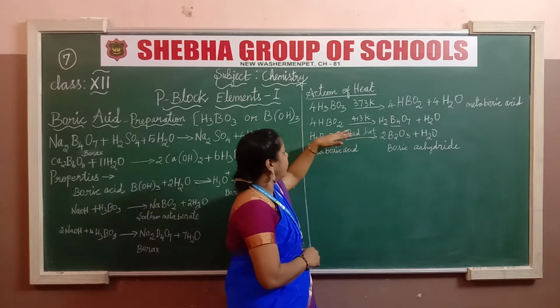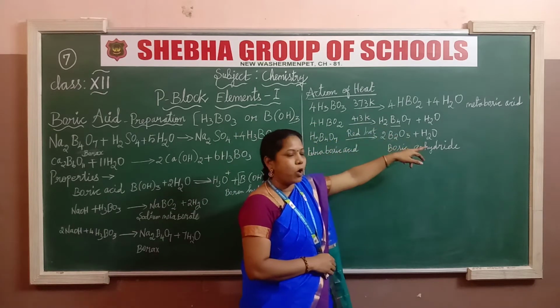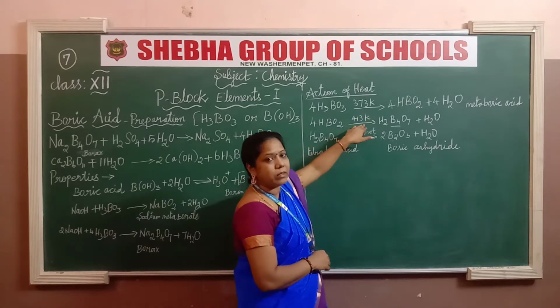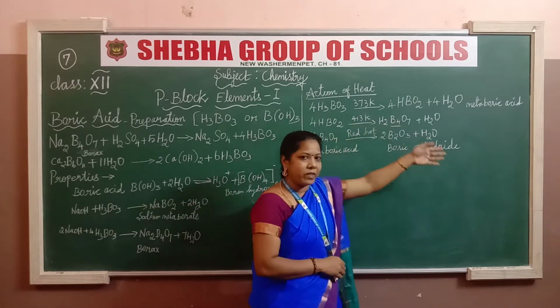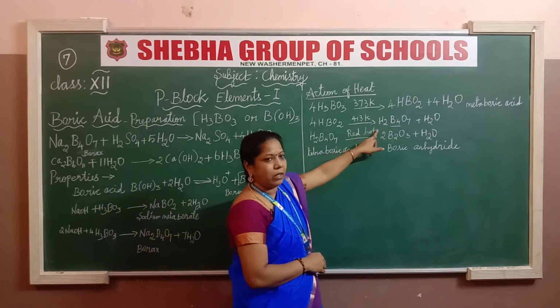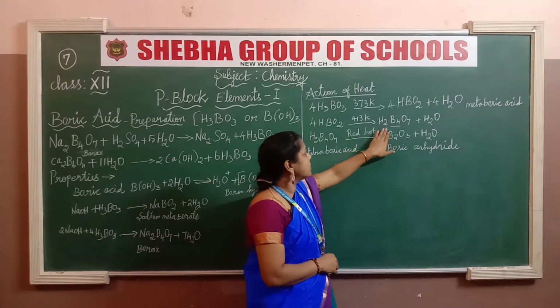And then go for the boric acids. We have to get the borax also with the water molecules. At 413 Kelvin, we can get the borax along with the waters. And then in this tetraboric acid, if you heat to 413 Kelvin, the tetra acid